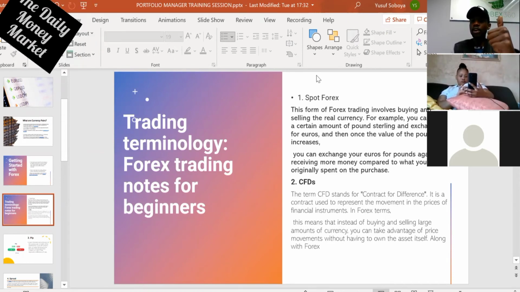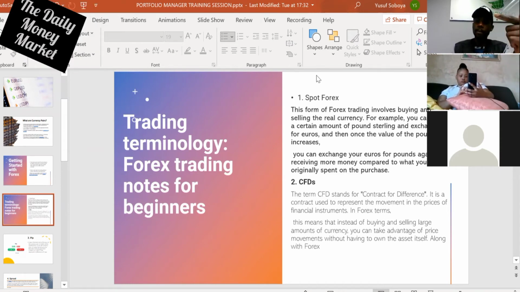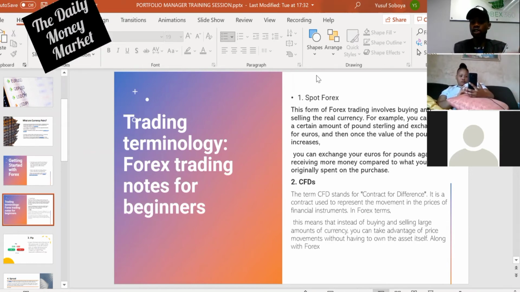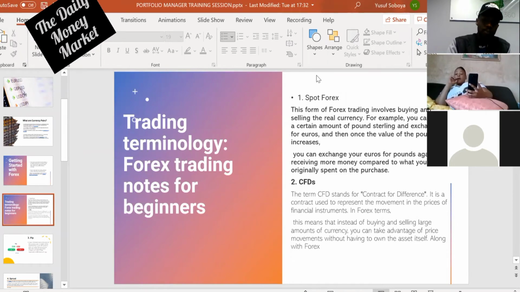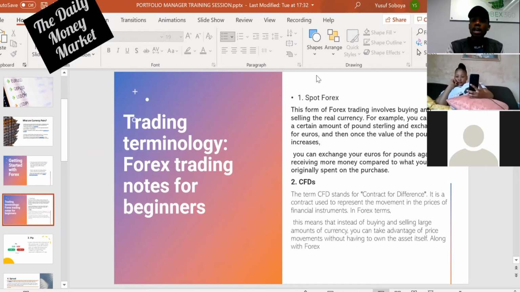And then once the value of the pound increases, you can exchange your euros for the pounds again, receiving more money compared to what you originally spent on the purchase, right? So there's a different platform. You might find the other platform that offers the spot